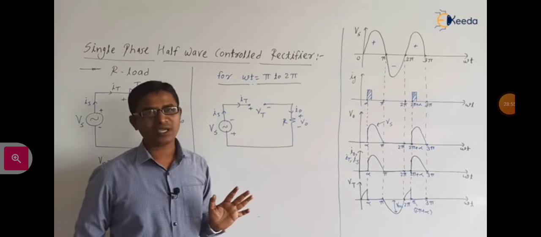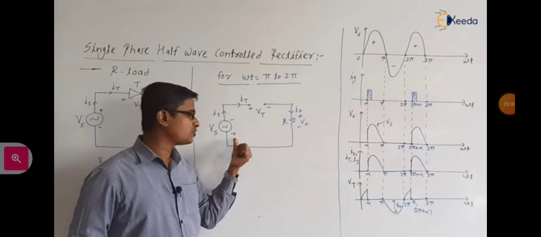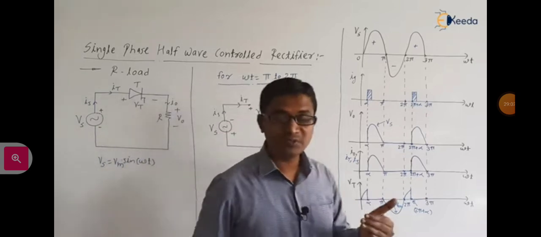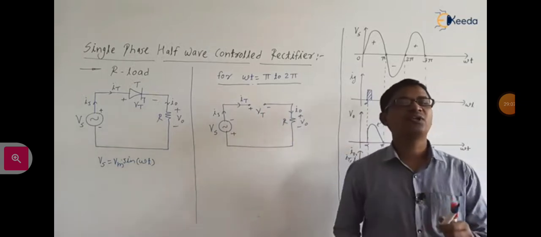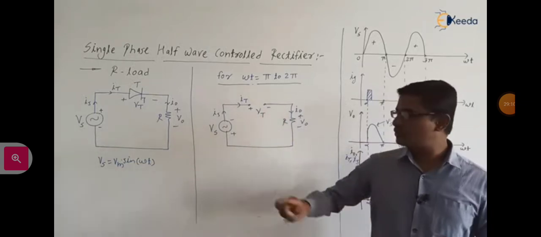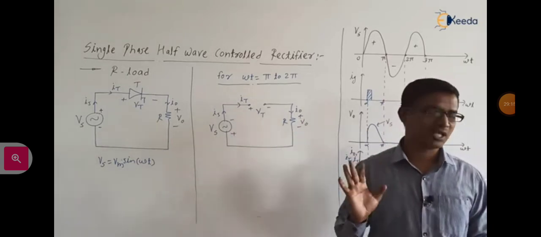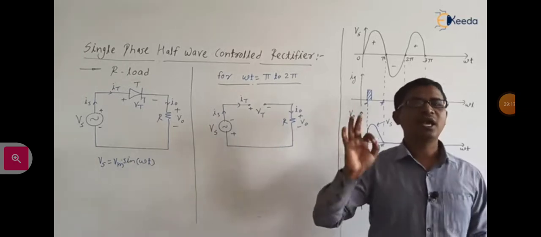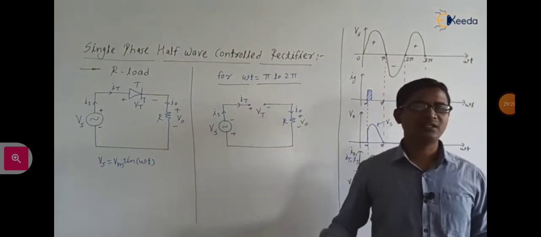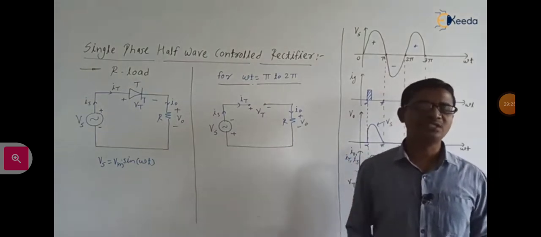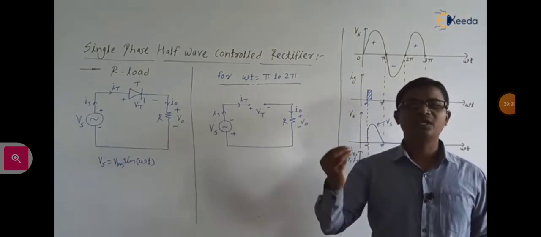Are you getting the point? How are we maintaining the reverse voltage across the thyristor? It is due to the nature of the supply voltage. Please be careful: here we have not added external elements for successful turn off of the thyristor. It is due to the nature of the supply voltage that the thyristor turns off, so it is known as natural commutation. In a rectifier circuit the input is AC, so the type of commutation of the thyristor will be natural commutation.